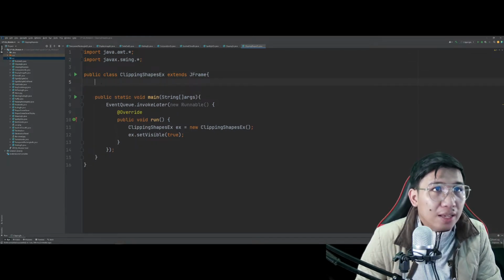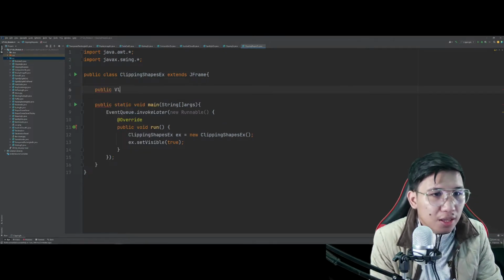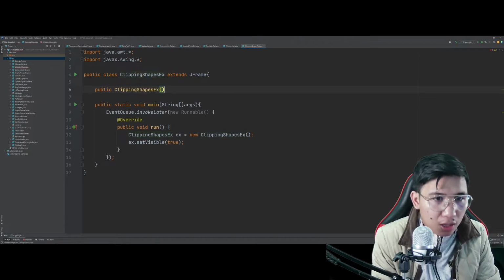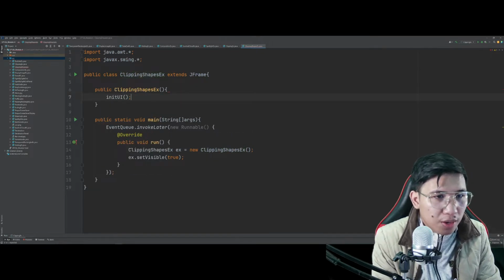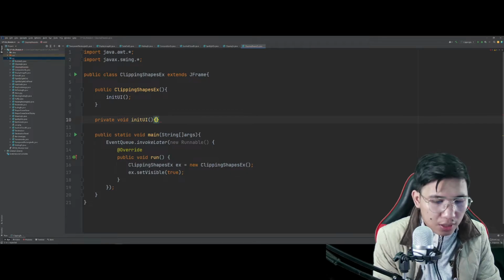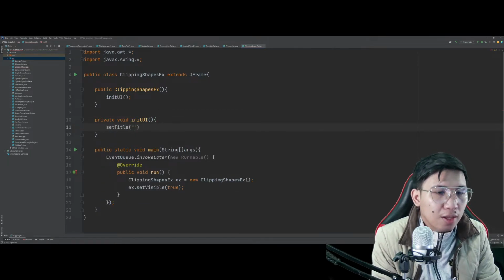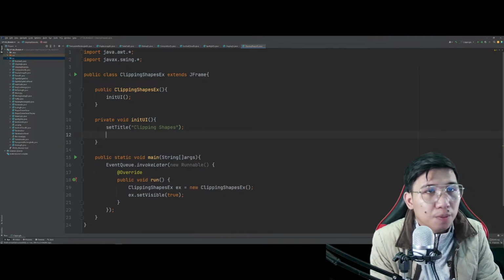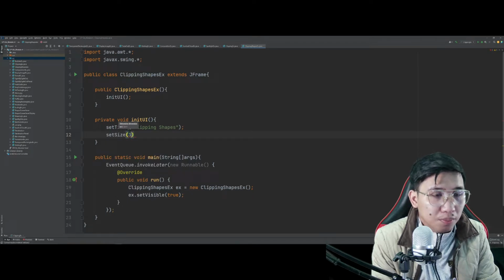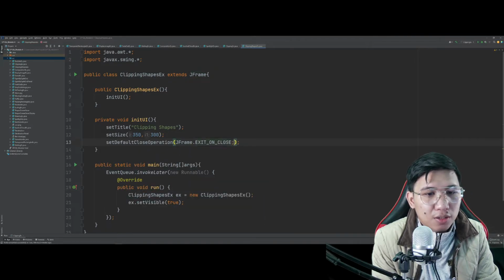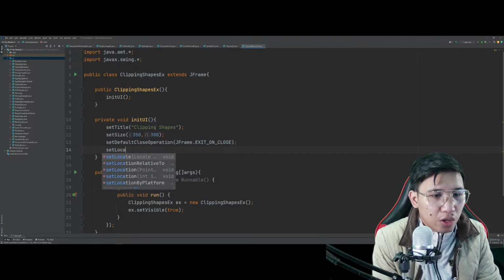Here on the public class is where we will be creating, again, the constructor that will automatically call the init UI method in which we will create init UI. Tapos dito, I'll set the title as clipping shapes. Tapos, would like to set the size this time. May size na po tayo. No need for us to use an image here, just simply shapes. Tapos yung close operation natin is the same. Tapos the location relative to